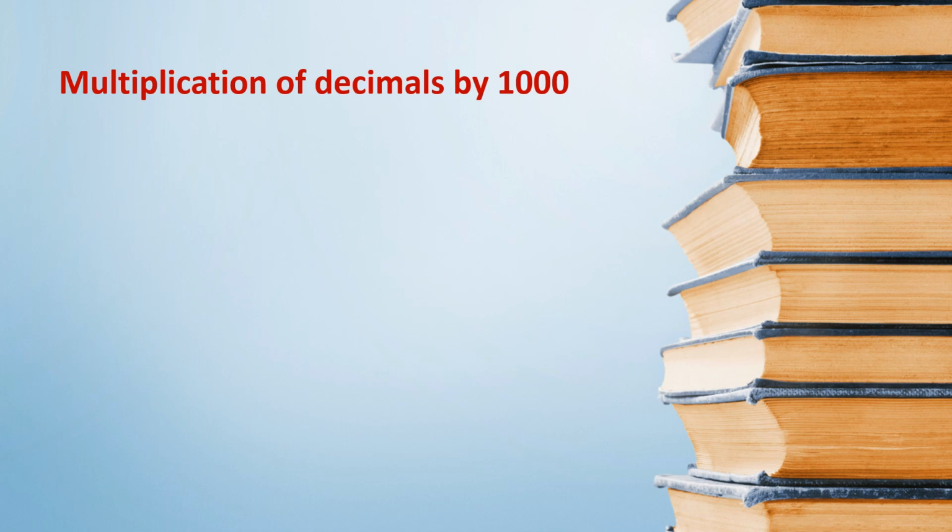Let us do multiplication of decimals by 1000. Here is your question. 3.007 multiply by 1000. At first, just multiply 3007 by 1000. Ignore the decimal first and write your answer. It is 3007000. It is your product. Now we need to put the decimal. So at first count decimal places in this decimal number: 1, 2, 3. It means we will put the decimal after 1, 2, 3 here. So here we will put the decimal.